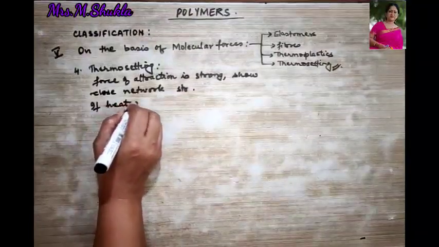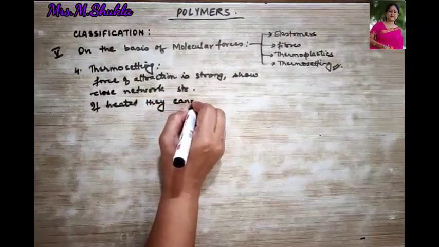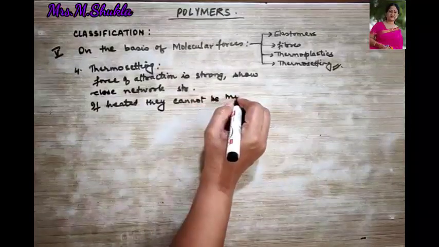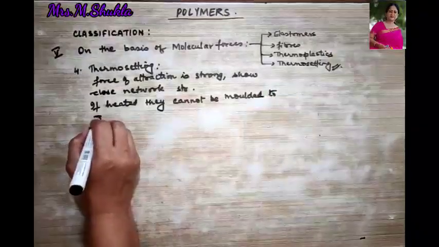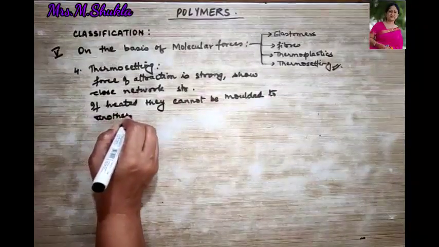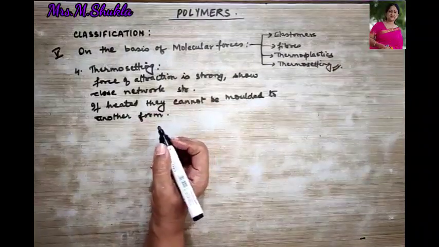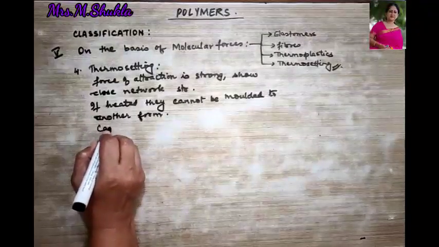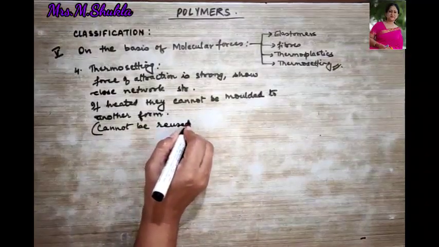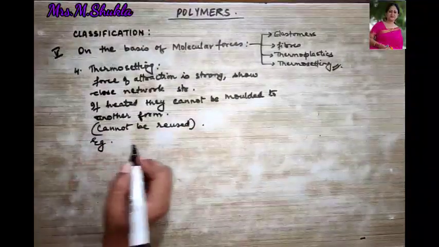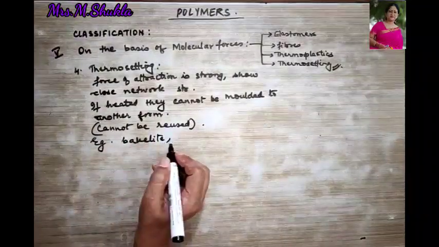If heated, they cannot be molded to another form, right? In other words, we can say they cannot be reused. Clear? Example, what it could be, like bakelite, or even it could be